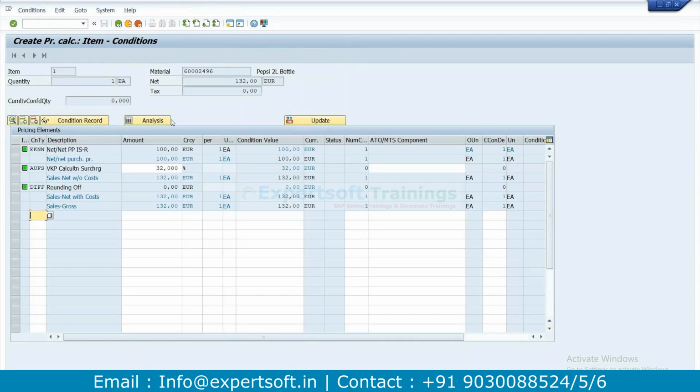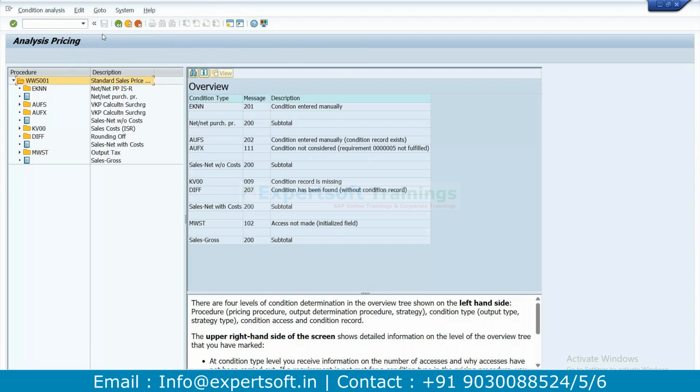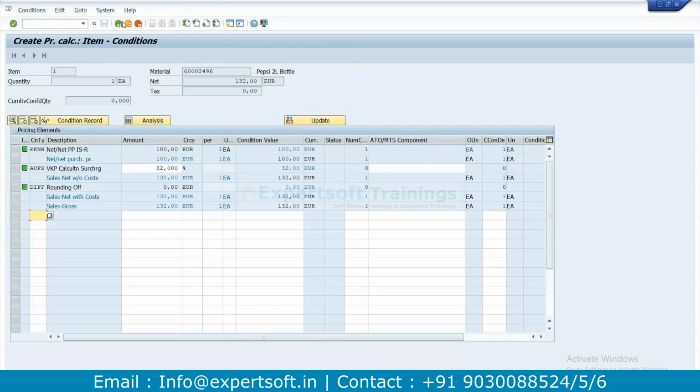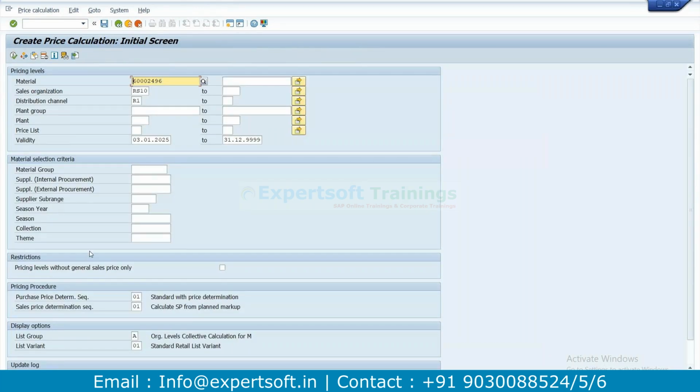And then there is a sales side schema. Again, I am not going into the details now. So this is the sales side schema. Both are required, absolutely mandatory. And then when I save it, this article will have a sales price of 132 saved. And it will also create a pricing document. The pricing document will contain the log of the price calculation that